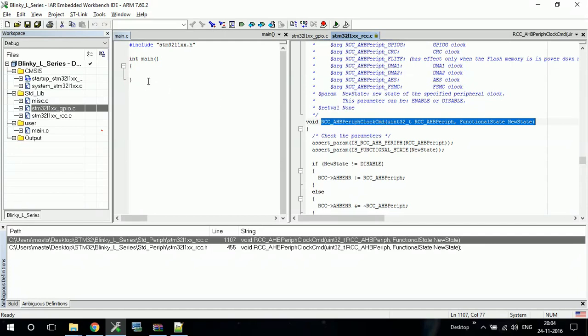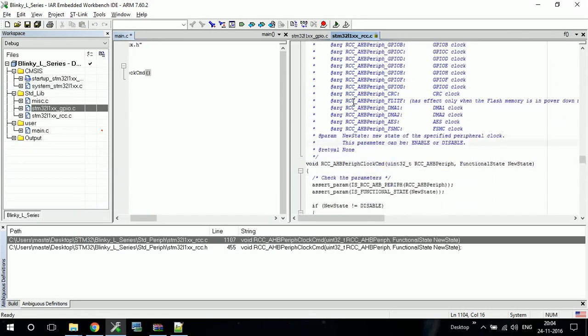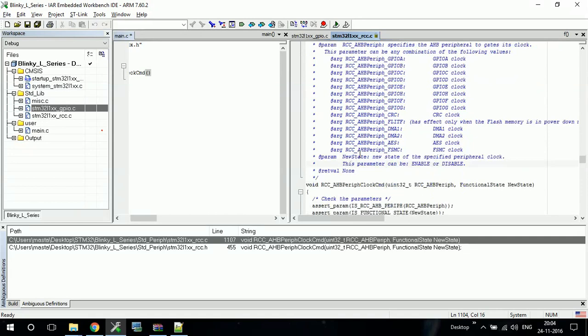So let us copy this function, and it will take two arguments. To know what the arguments are, you can go a little up from that function and you will find the different arguments it takes. As we are going to enable GPIOA, we'll write the first argument as GPIOA, and the second takes enable or disable. So I will write enable.